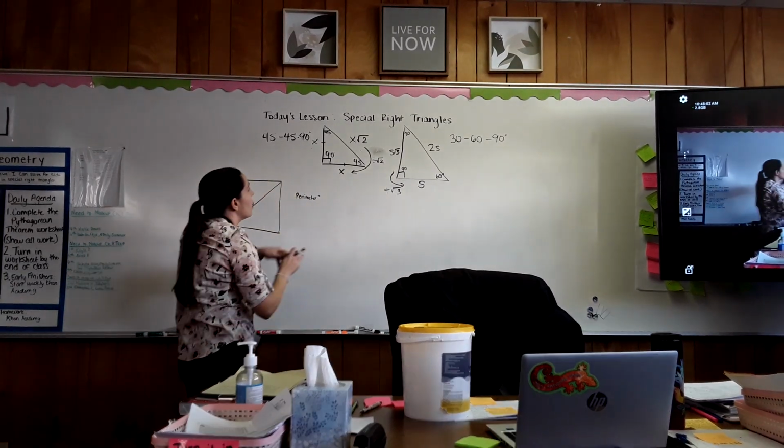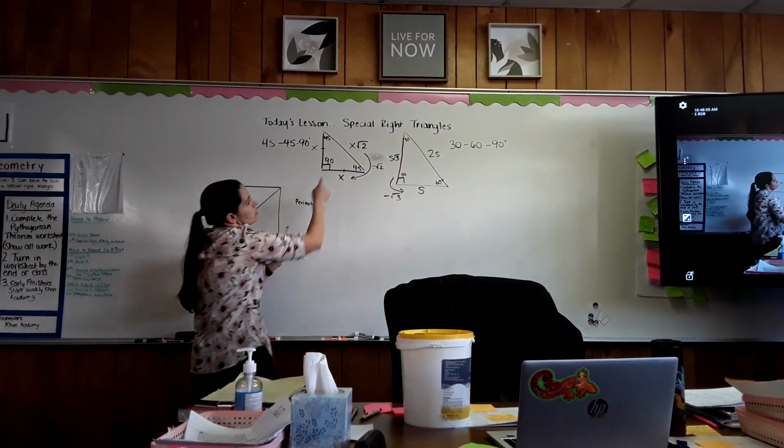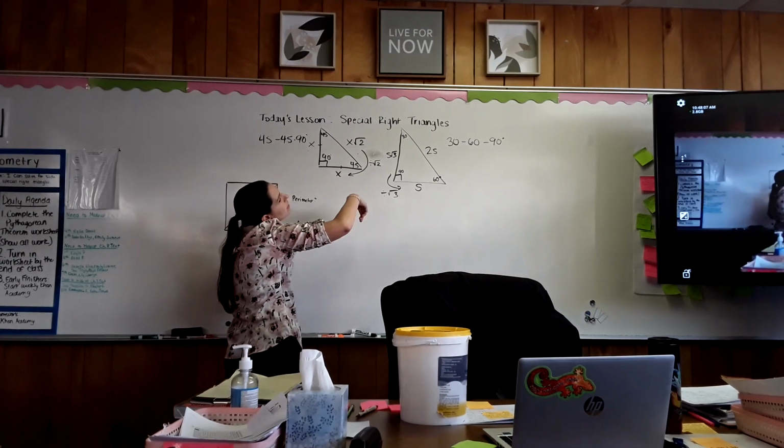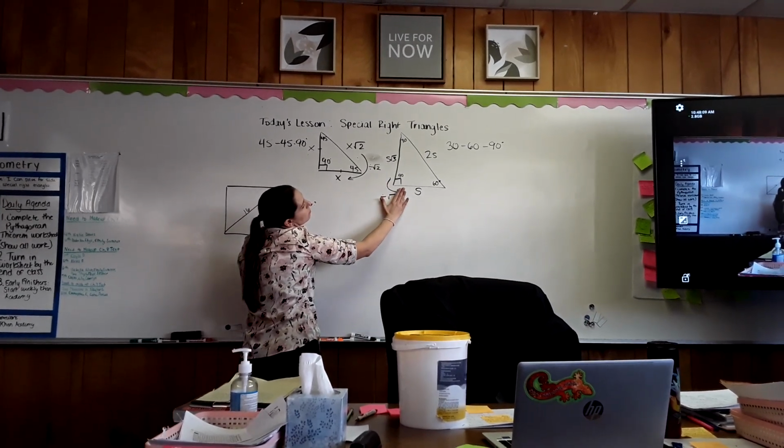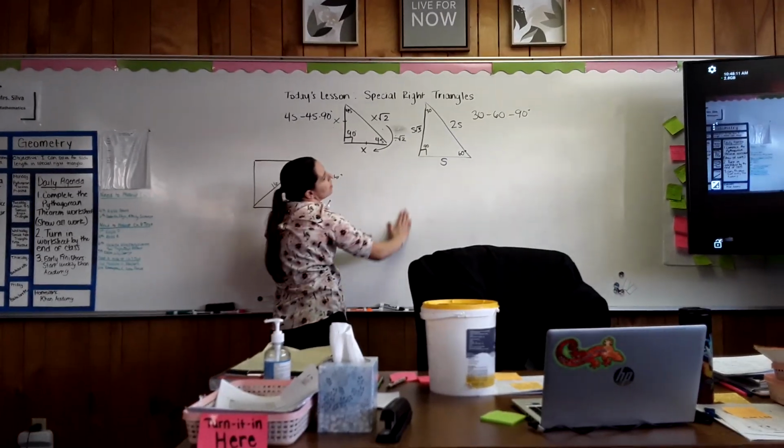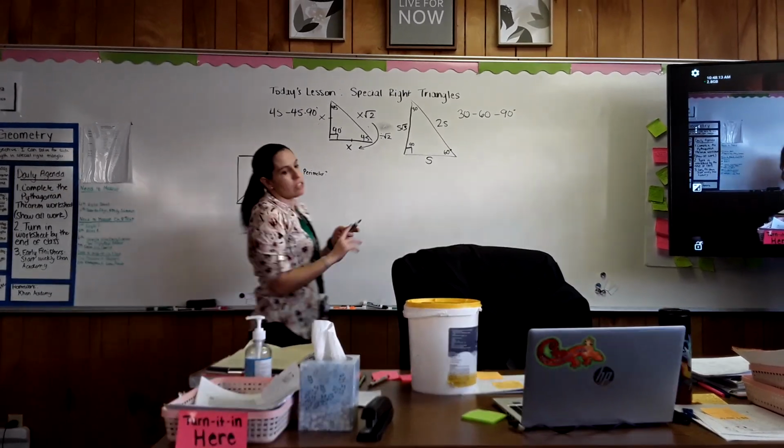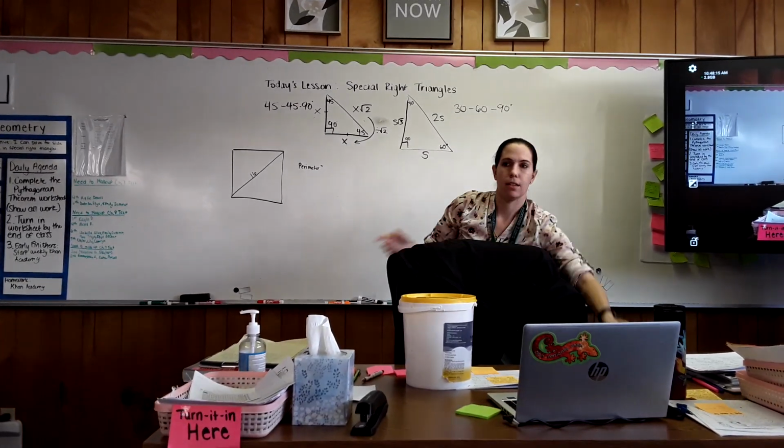So that's the gist. First step in these problems is just to identify which type of triangle it is, and then use these ratios, essentially what they are, to figure out side length. So in the notes,